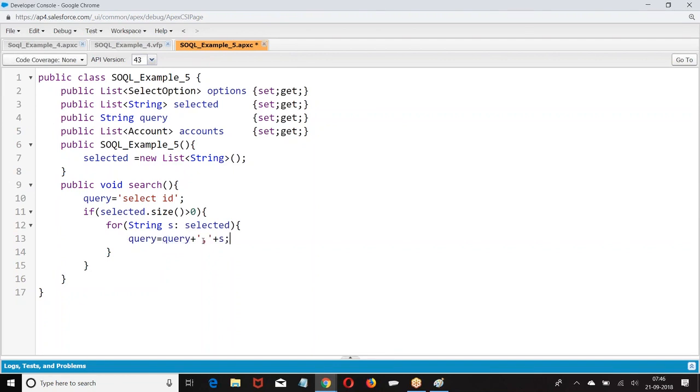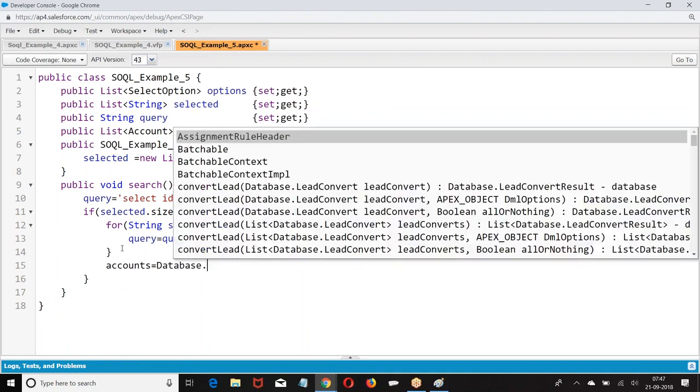Query equal to query plus comma S. First is select ID. Next time S is name, so comma name. Next S is industry, comma industry. Then query is formed. Then what do you write? Accounts equal to database dot query.